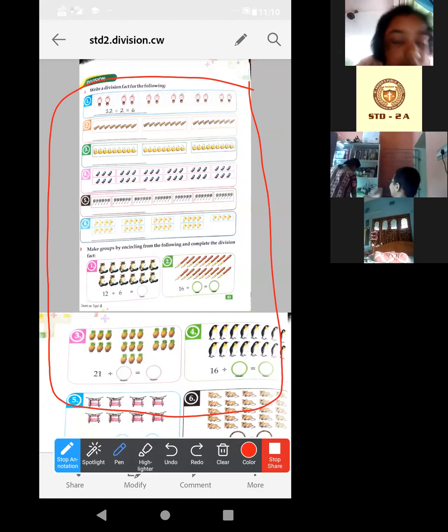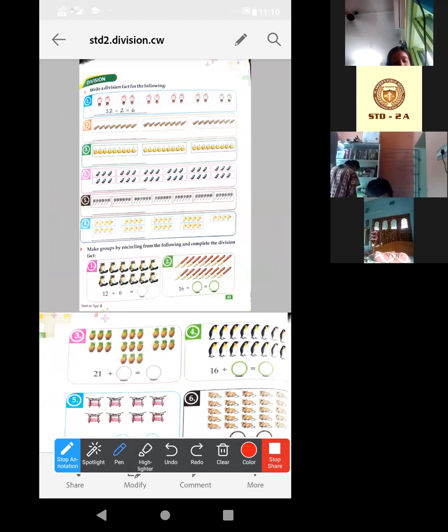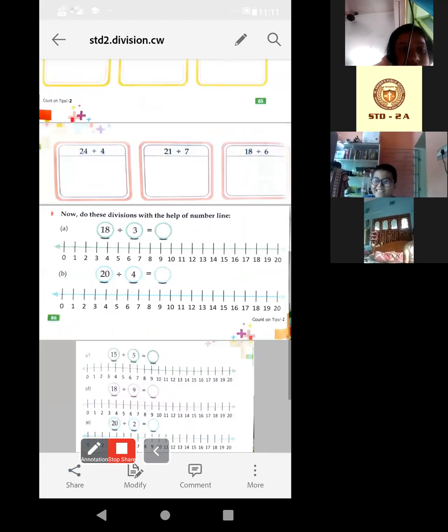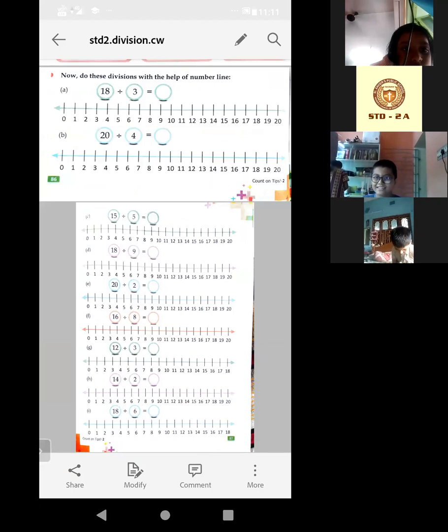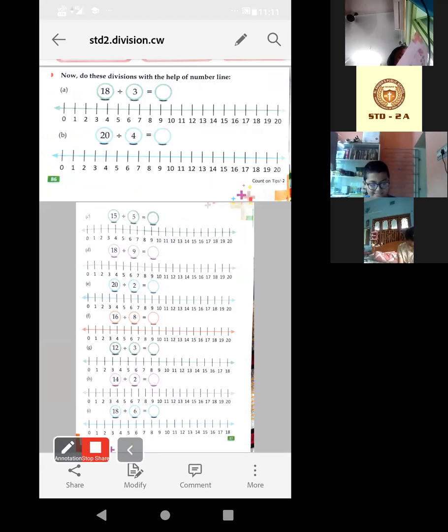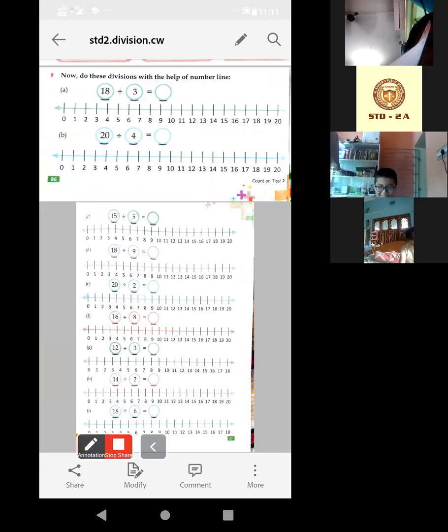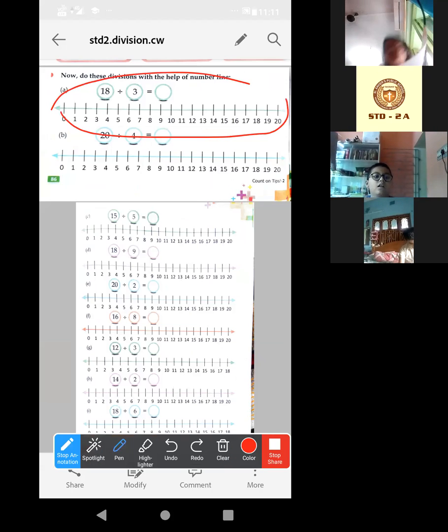So now what will we do? Look at this by using number lines, which is very important for your exam also. In your exam, suppose there is an MCQ question where you have to answer option A, B, C, D, whatever is the correct answer. Maybe the number line will be drawn in options A, B, C, D. In this way the question may come. Now look at how to solve this by using number lines.